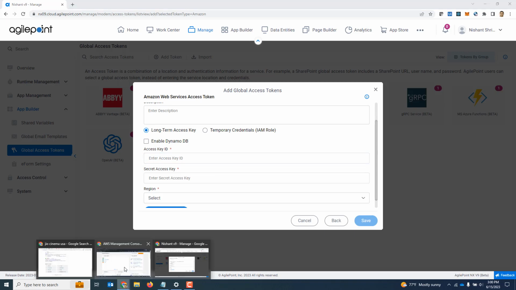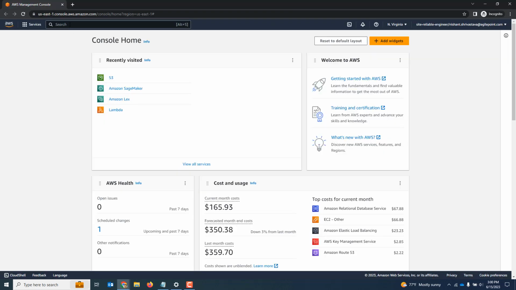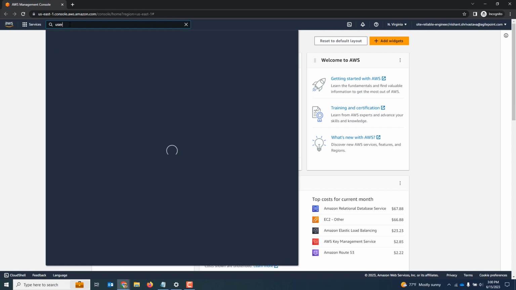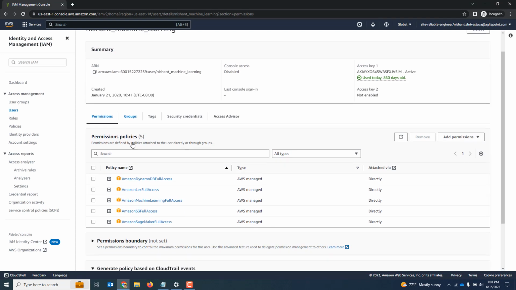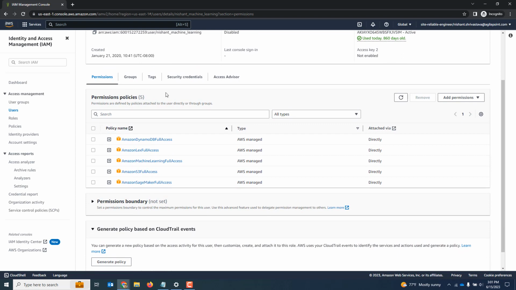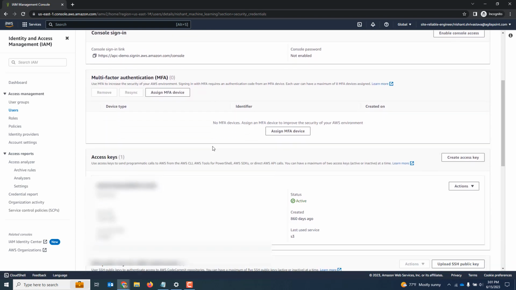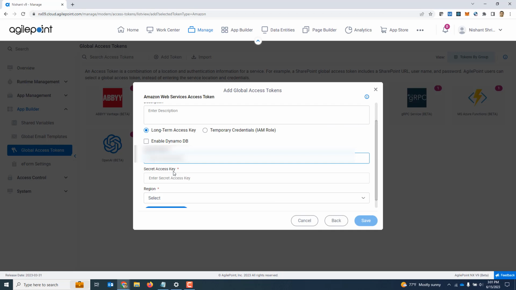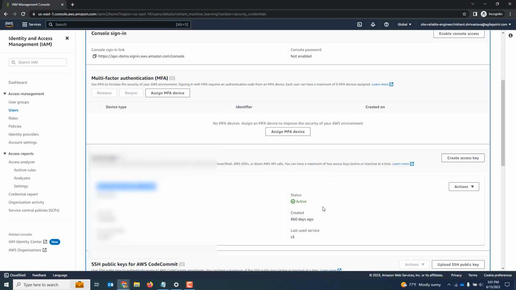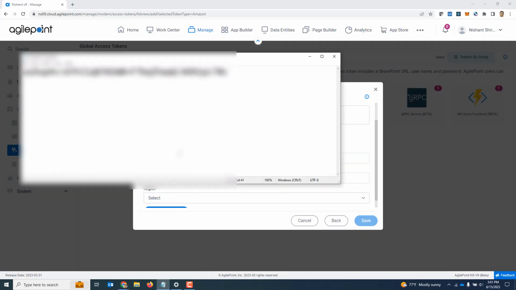We are going to switch to the AWS screen over here, and I'm going to go to the AWS console and type user. Drill down to users. I'm going to select the user for which I want to create the access key, and then click on security credentials. Scroll down. You can create an access key by clicking this button. I have already created one, so I'm going to copy this and paste it over here. Next, it is going to ask me for the secret key. Now, when I create an access key, it generates a secret key. I've already done that, as I mentioned, which I'm going to copy from one of my notepads over here